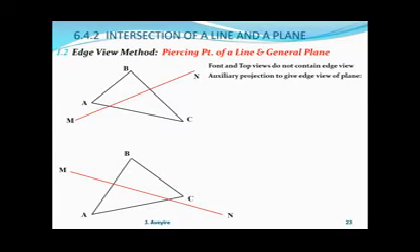We already know when you project along the true length of a line on a plane, that will give us the edge view of that plane. So how do we get the true length of any line? Looking at these triangles, the edges from all the views, none of them is a true length. Therefore, for us to determine the direction of projection, the auxiliary projection, whereby we will get the edge view of the plane,